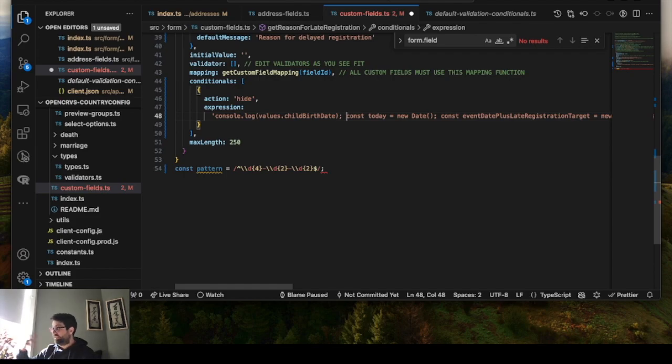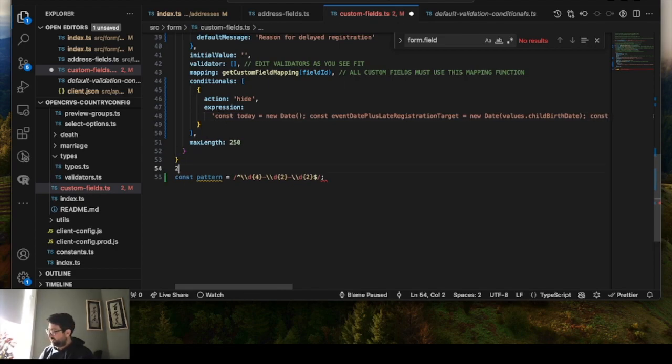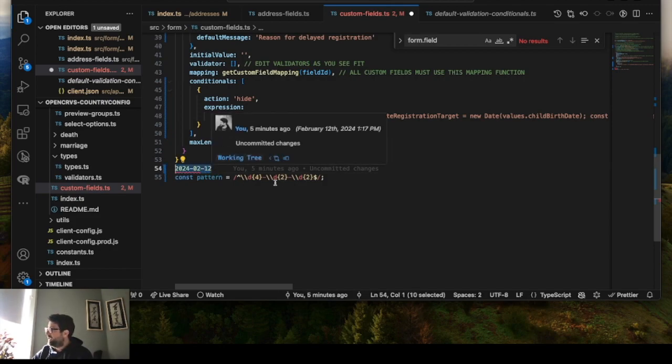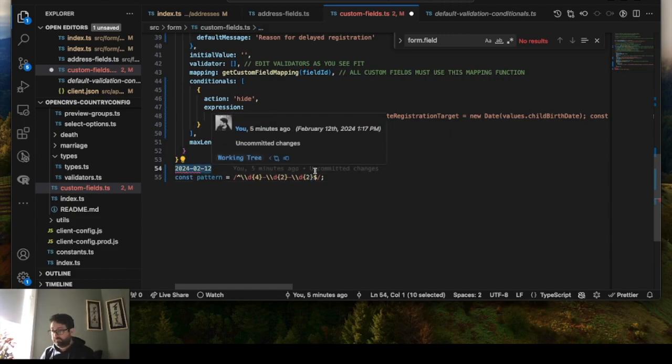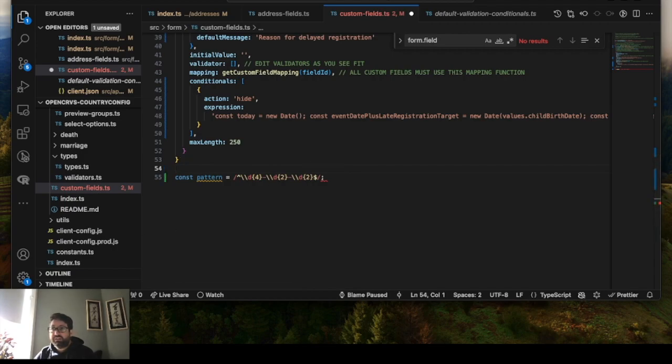So you could then see that this is a string that looks a bit like this. It will look like this: 2024, something like that. So I'm going to check to make sure, has all the data been entered first before applying the conditional. So I've got a regular expression just to check that is the format of the string. And then at the end of my